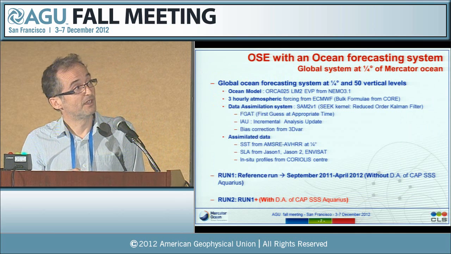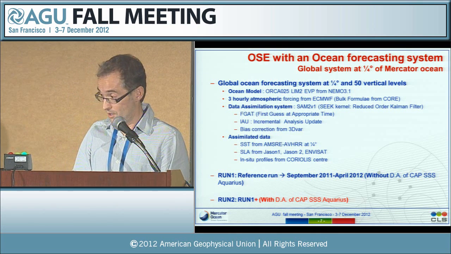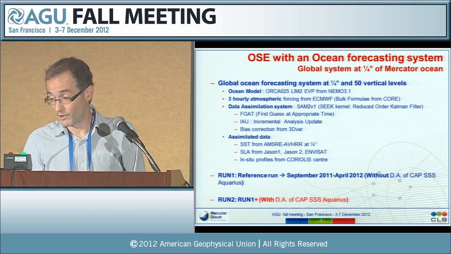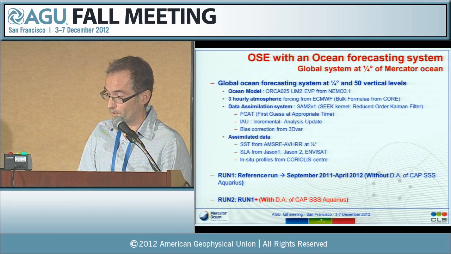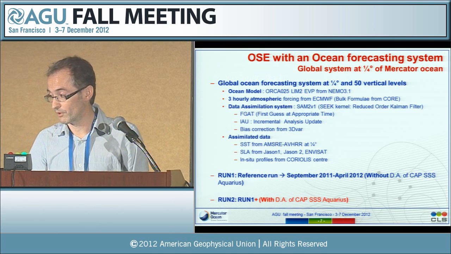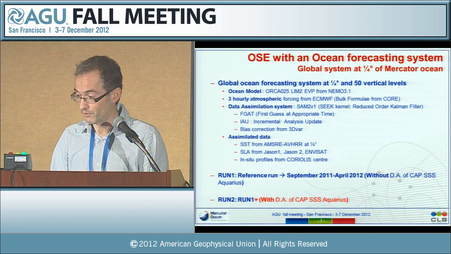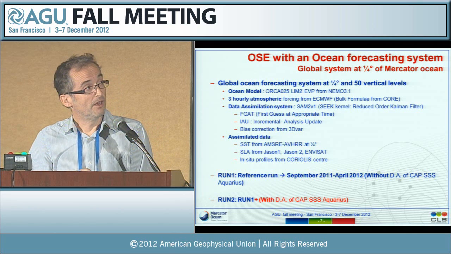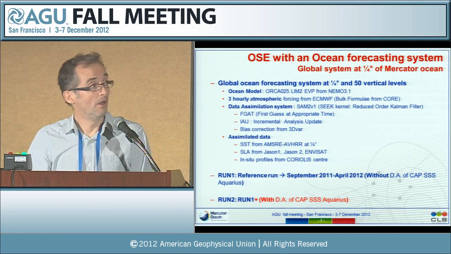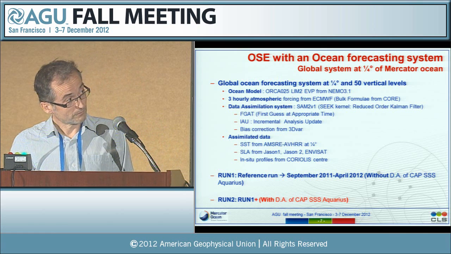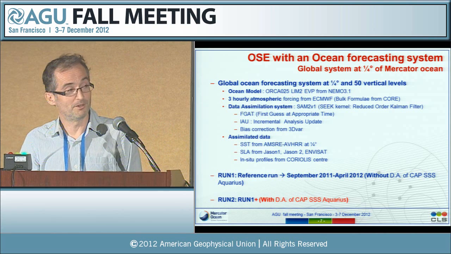Our ocean forecasting system, just to sum up this system, is based on NEMO version 3.1. We use 3 hourly atmospheric forcing from ECMWF. We use data assimilation based on a reduced order Kalman filter, SEEK. We have the bias correction from 3DVAR. We assimilate SST, sea level anomaly, and in-situ profiles from the Coriolis Center. We made 2 simulations, one without assimilating Aquarius data, and the other one with assimilation of the data,